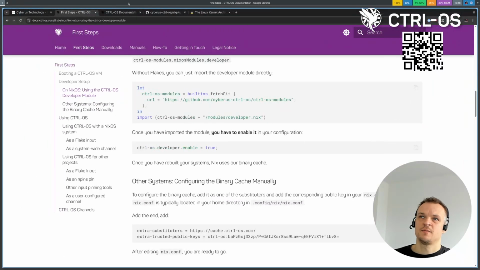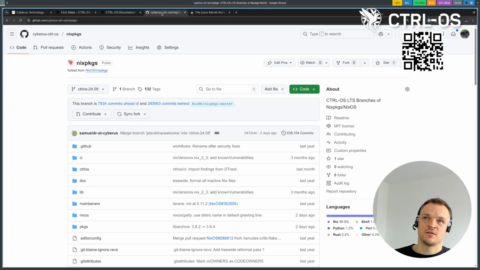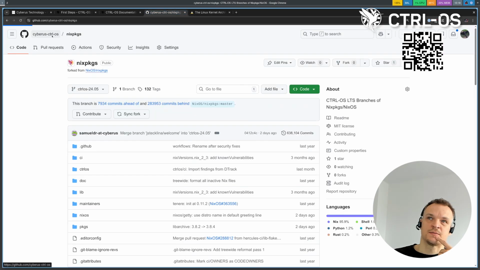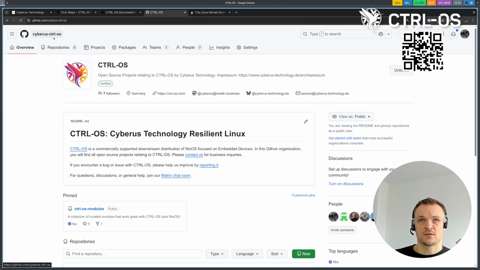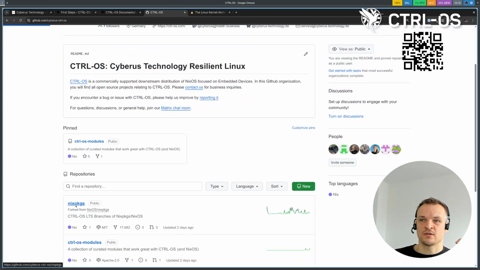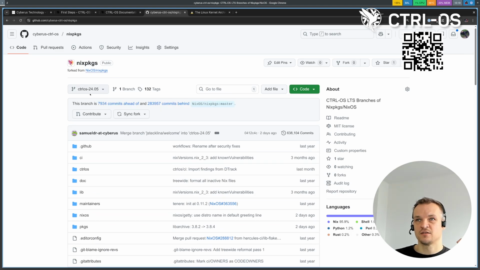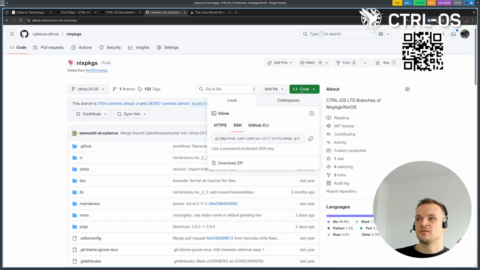What's really nice, if you just want to play with it, is you would just go to our, where is it, our GitHub organization. There you will find all our open source code, including the branches for CTRL-OS. So here in the Nix packages repository, you find the CTRL-OS branches. So you can take these